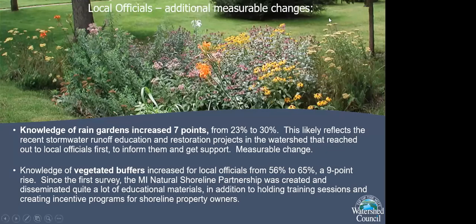The other thing that local officials had some measurable change on was their knowledge of rain gardens, which increased 7 points from 23 to 30%. This likely reflects the recent stormwater runoff education and green infrastructure projects and restoration projects in the watershed. And a component of those projects was to reach out to local officials first to inform them and get support. And now we're in the process of doing some of that work, but we were working directly with local officials. And we believe that that is what helped increase this knowledge of rain gardens and give us the measurable